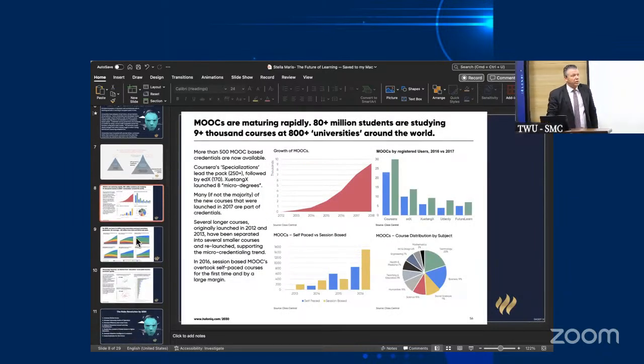MOOCs are growing. MOOCs are massively open online courses. Over a million students are studying in 1,000 courses around the world. Today, people receive 1,500 full credentials using massively open courses without going to university. That's just happened today. Most of that transition has happened through the pandemic period. One thing I don't think people understand is that the pandemic transformed how much technology is now used in education and in industry today. It accelerated the development of technology being integrated into all forms of systems.